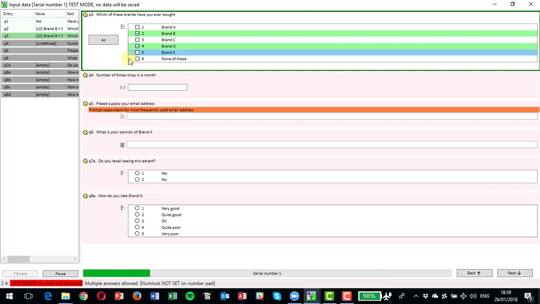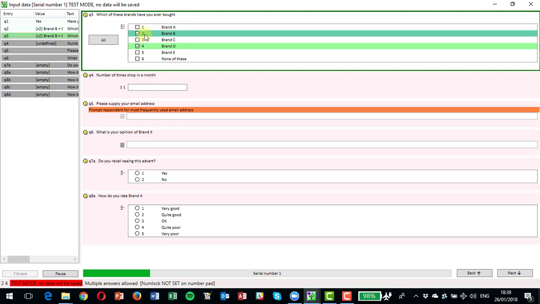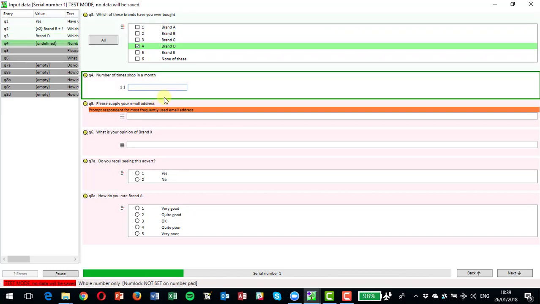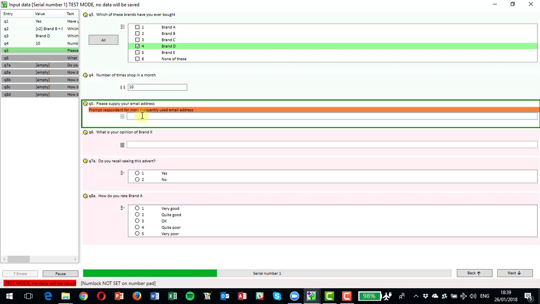On to the next screen. Let's pull through the answers that we asked for from question 2, so I can either check those or uncheck those as appropriate. Number of times shop in a month, 10. If I'd have put in 100 there, it would have stopped me doing that because I think we set the limit at 30. Email address, my name